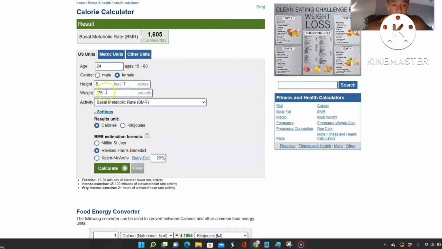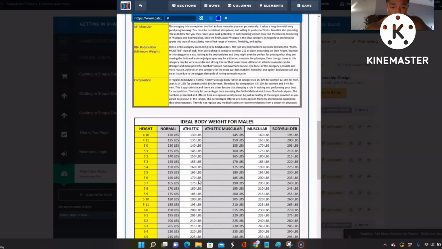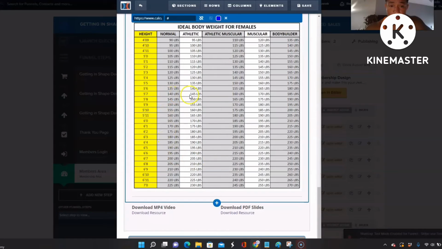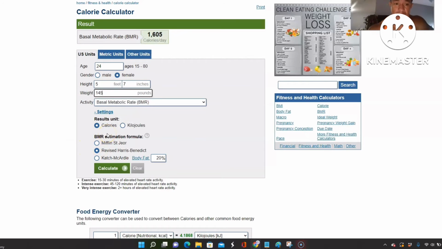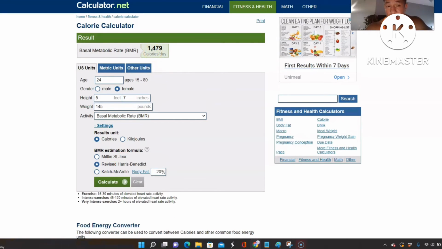Okay, so we established that. 5'7", woman, female, 145. So this is her ideal situation, and she's about 32 pounds away. So I would suggest to go and use this BMR. At 5'7", we calculate it. The BMR is going to be 1479. So you see how much less it is. So if you're 175 pounds,